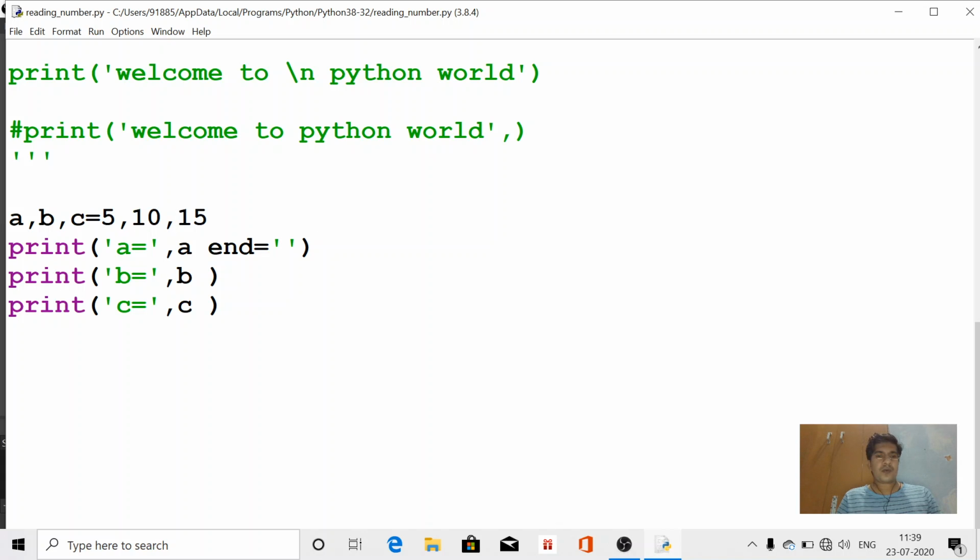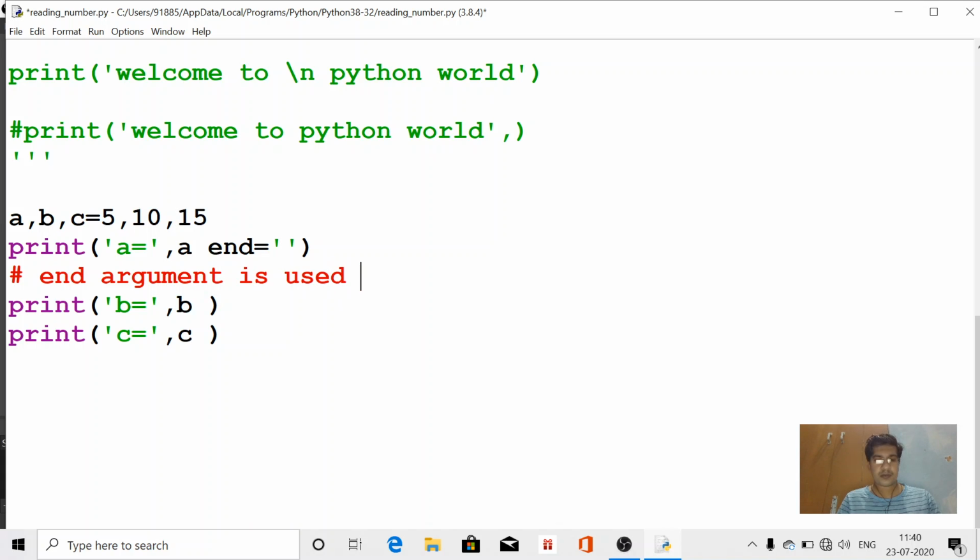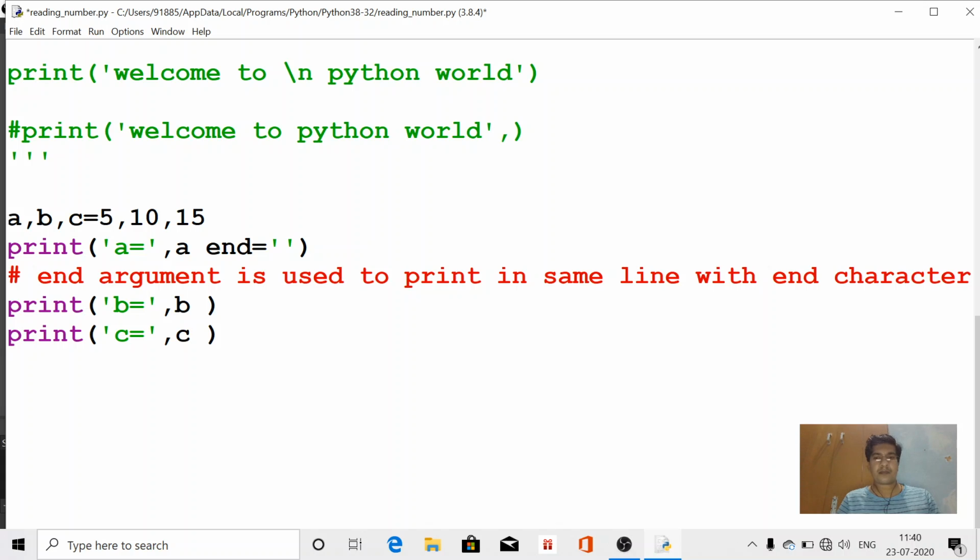The end argument is used to print in the same line with an end character. Now here we have used a space. Now print and check the output.